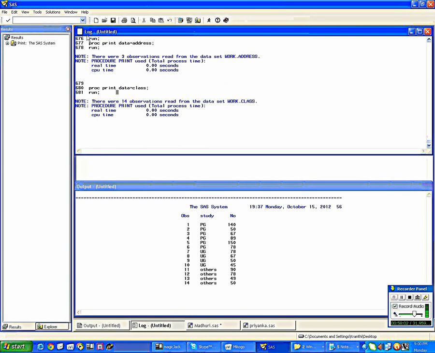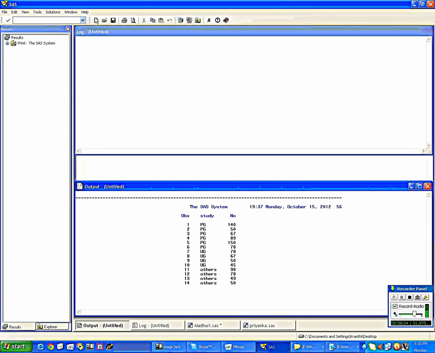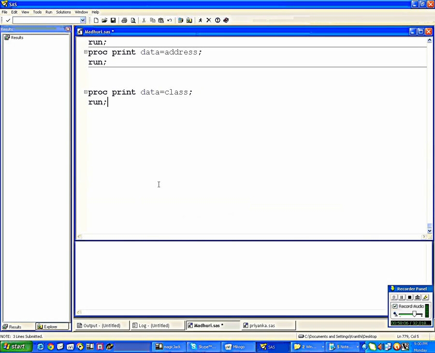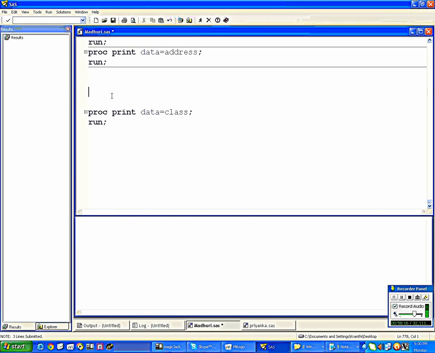But this time I am clearing the log and also clearing the output window. Nothing is there in the output window and the log window. I want to write the log and output to an external location. Got it? Like this: proc printto print equal to, means I want to print the output to some file, madhuri.txt.